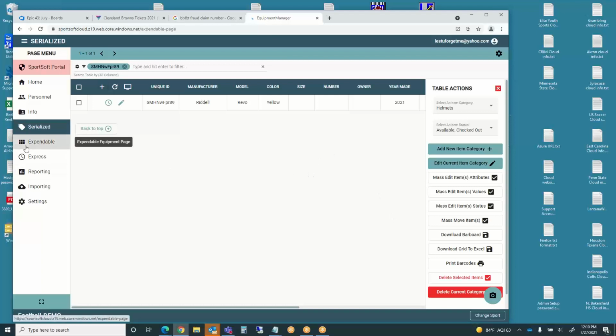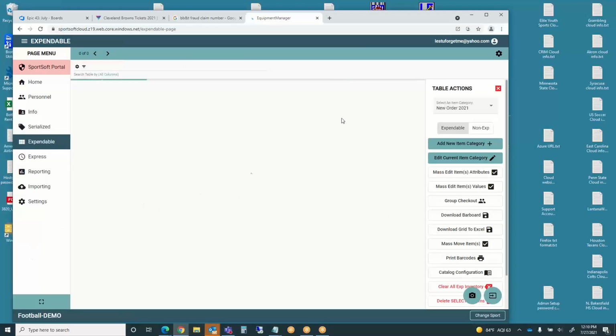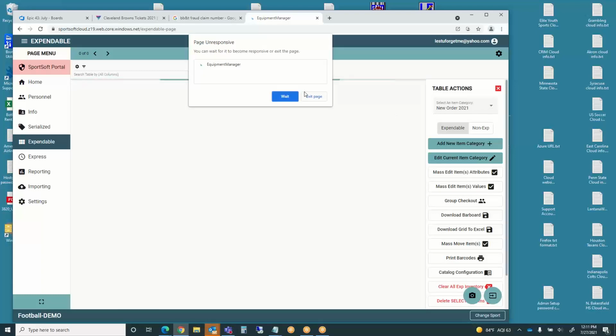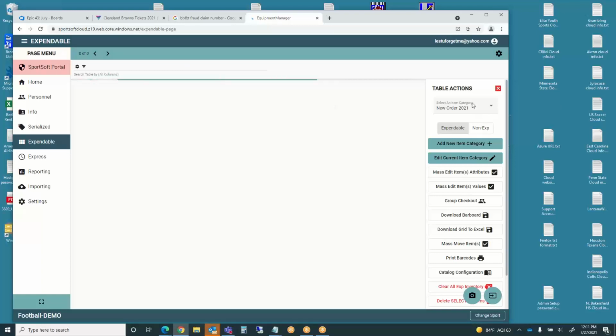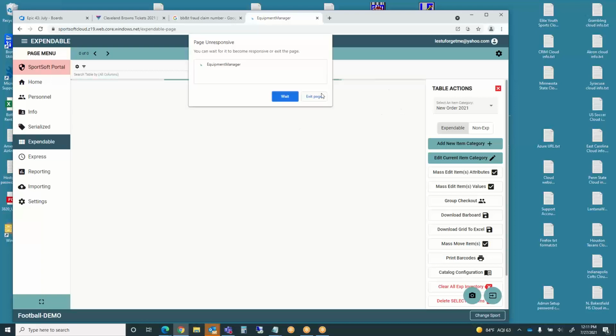At this point here, then I'm going to go to expendable, for example, and let's just say the mouthpieces, okay? And I'm going to go to a different item category as soon as it loads. Note to self, in the future, don't use an item category that's so huge, right? Actually, Coach, I'm going to go back to serialized here for a second. Actually,